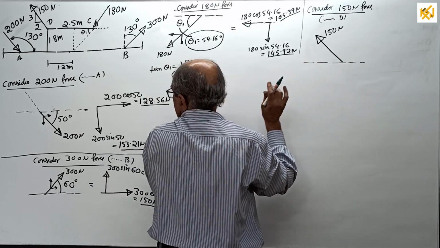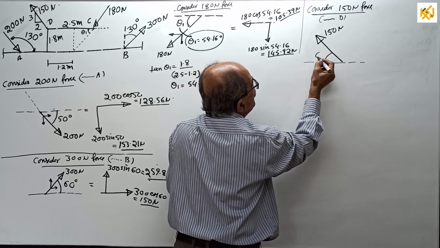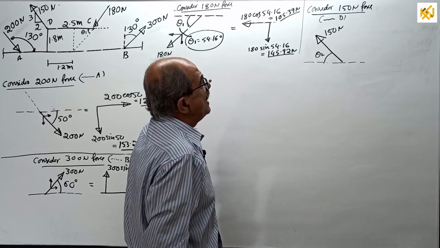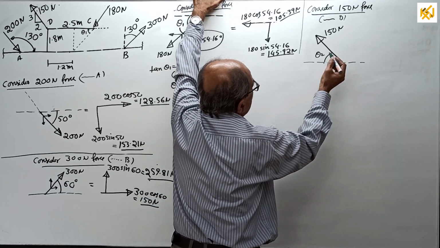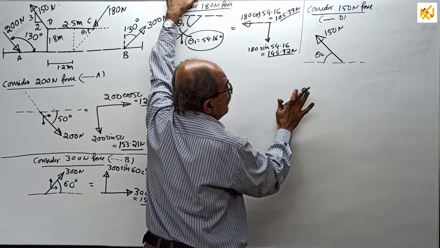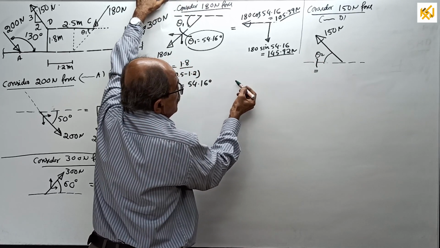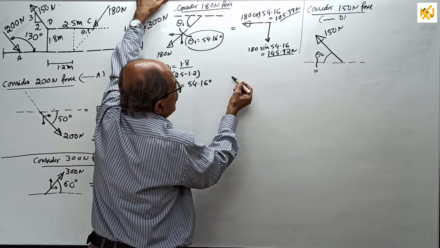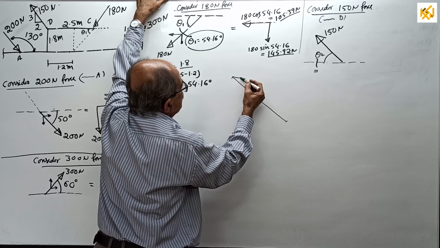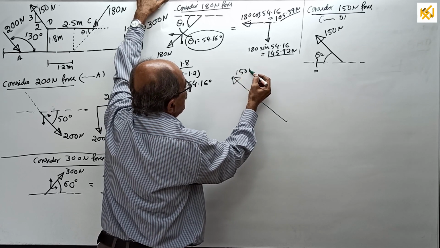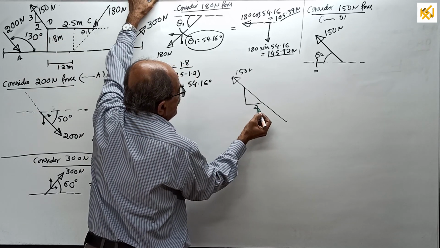We want the angle made by the force with the nearest x, this one. This angle I will call theta 2. Now, how to get theta 2? To get theta 2, I will write somewhere here, then I will rub it out. I will enter the answer here a little later. You can see the 150 Newton force is like this. They told in the question that this is 2 and this is 3.